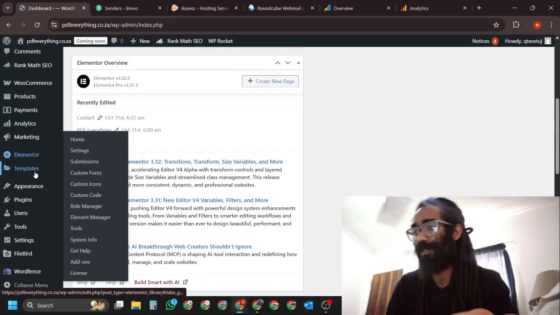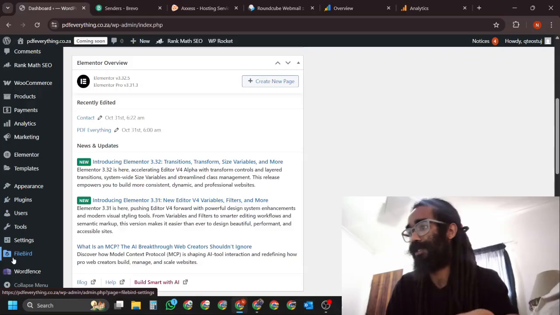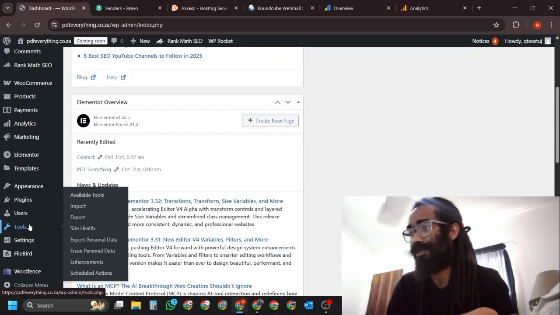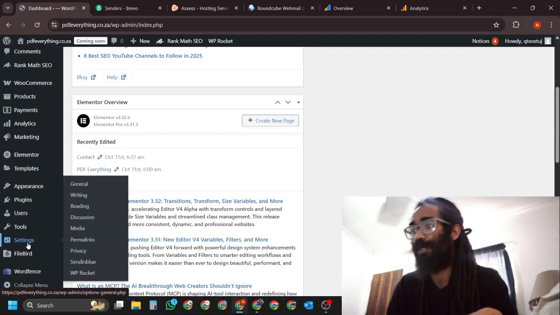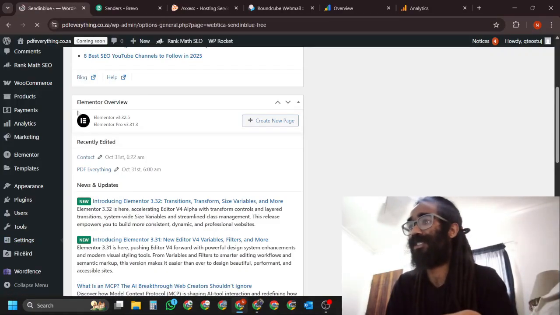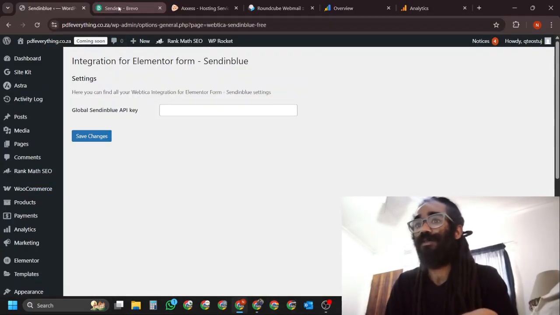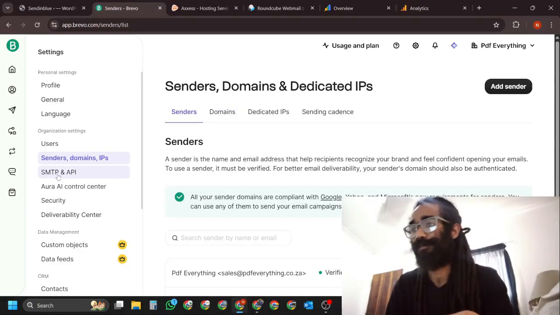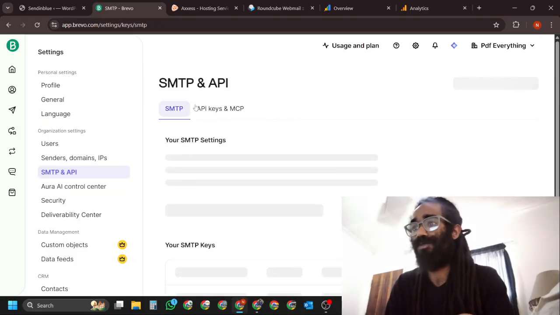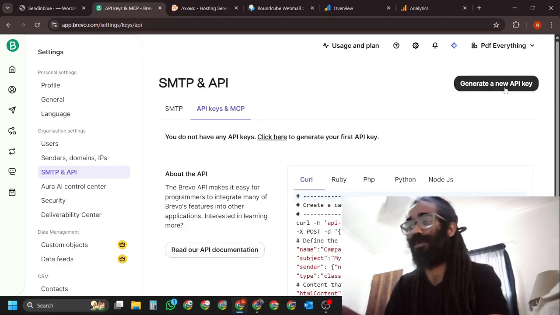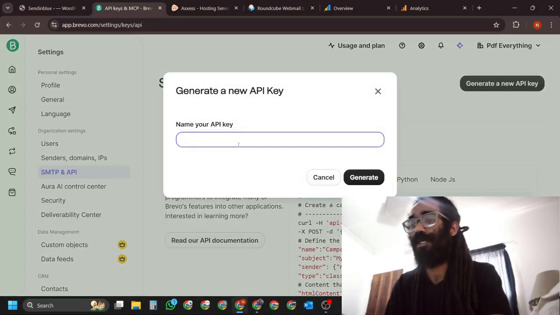So now the next steps would be, we are going to go over here to the website and we are going to find the settings or the tab section settings, Sendinblue, and we are going to click that. Okay, we're going to start here. We're going to go back to our Brevo. We're going to come to SMTP and APIs. We will move over to API keys and we will create our first API and we'll call it the Sendinblue integration